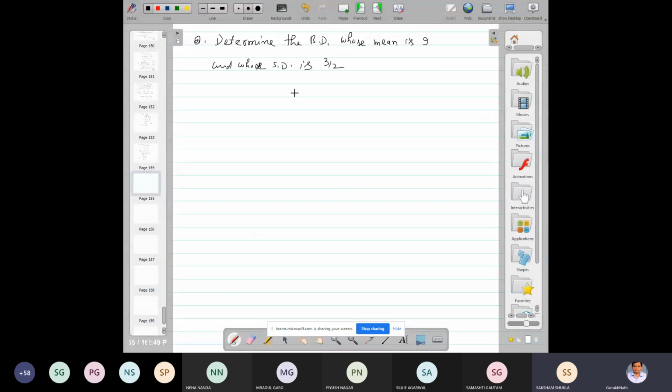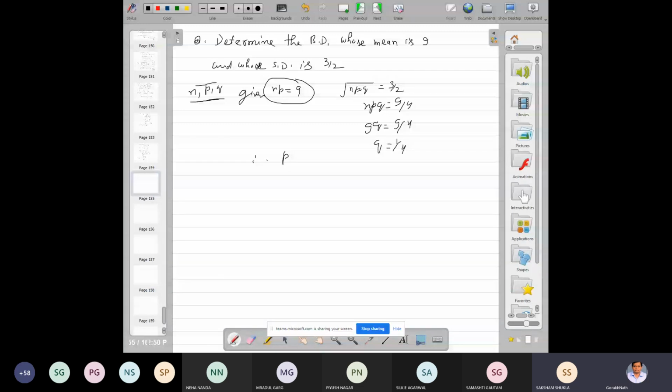You have to find the binomial distribution. That is, you have to find the value of n, p, q. Mean and standard deviation are given. So here mean is given, so np is equal to 9, and standard deviation is under root variance, and variance is npq, so under root npq is equal to 3/2 and npq is equal to 9/4. And np here is 9, so q is equal to 9/4 divided by 9, so q is equal to 1/4. Therefore p will be 1 minus q, and that is 1 minus 1/4,